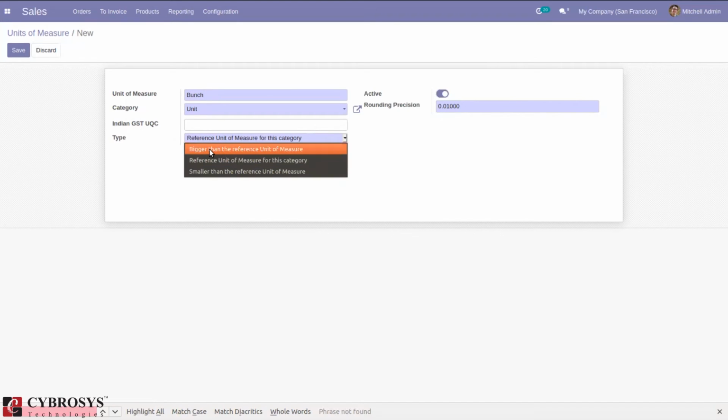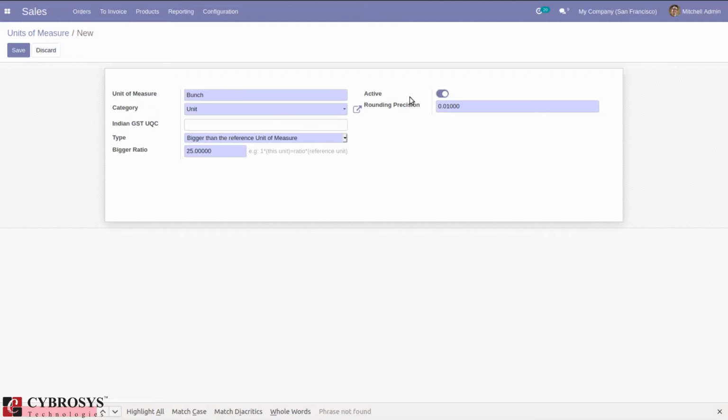So I'm going to set bigger than reference unit of measure. So here I can set the bigger ratio, how much it is bigger. So I'm setting 25 units. It is 25 units bigger than the reference unit of measure.